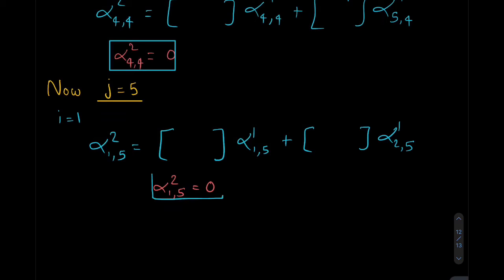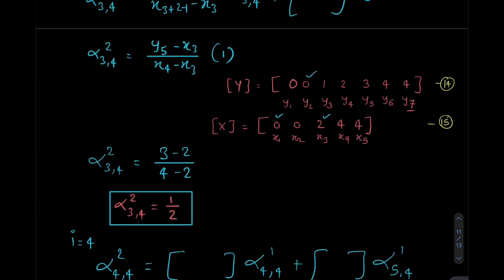Okay, so this is the final value. Let us increment again I to 2. Okay, so alpha 2 5 is equal to some bracket alpha 2 5 which is 0 value plus